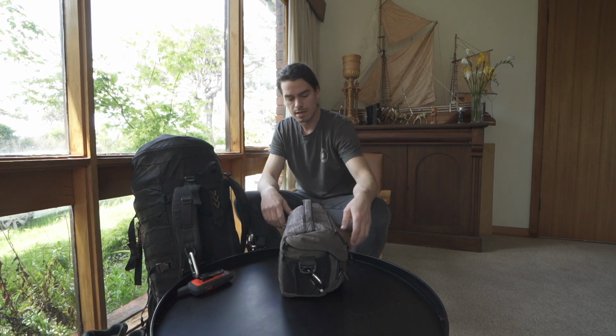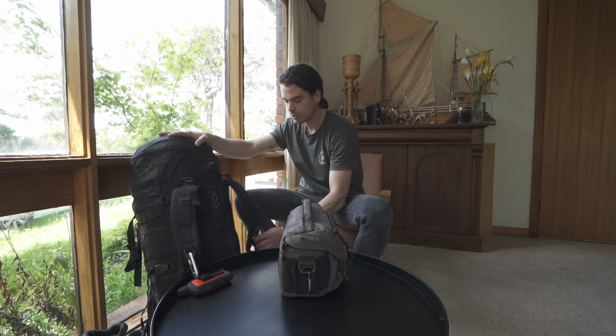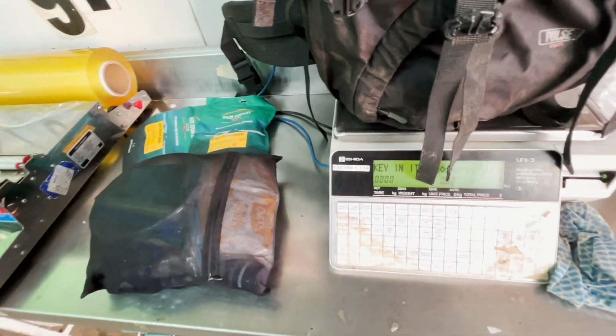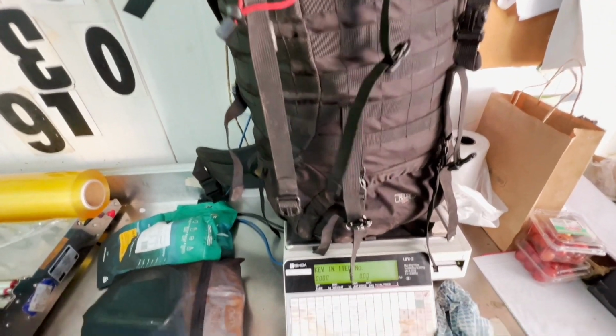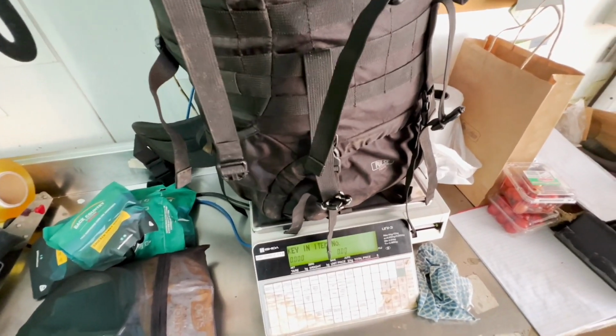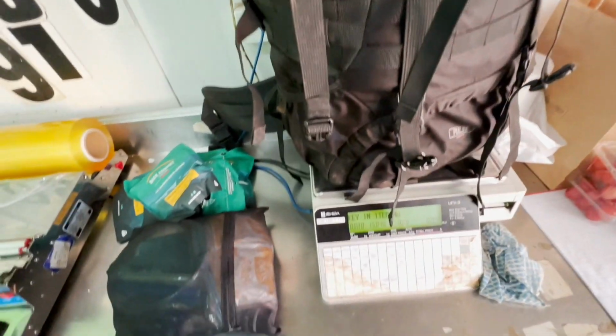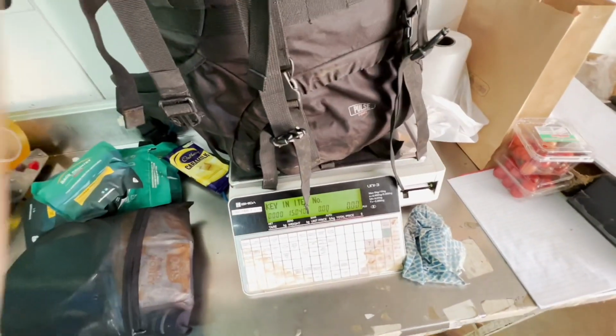That's it. I might give you guys a weight on this bag. I've got to go into work to print something off, so I'll see you there. Alright, just weighing it up, and these scales only go to 15, so I'm taking stuff out. Bloody chocolate. Yeah, it was the chocolate. Alright, so I've got 15 there